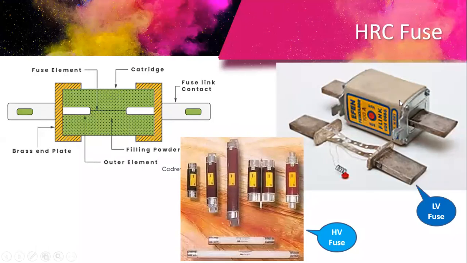Now another is the LV fuses. Already you have seen. Coming to the HV type fuses, the physical construction is different here. You can see that this is a tube with end caps at both sides. Inside is a porcelain material, and powder is filled, but sometimes two resistive materials are used. One is a high resistance element, another is a low resistance metal. One is mainly to reduce the corona effect. How we reduce the corona effect, we will see later.